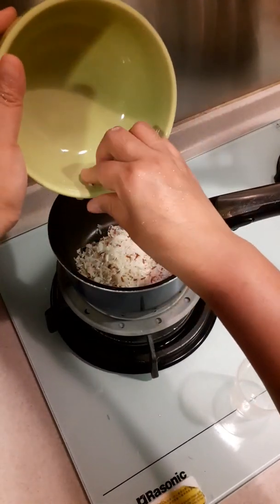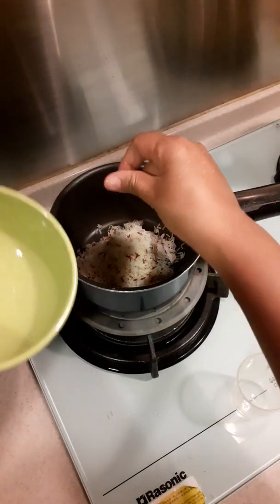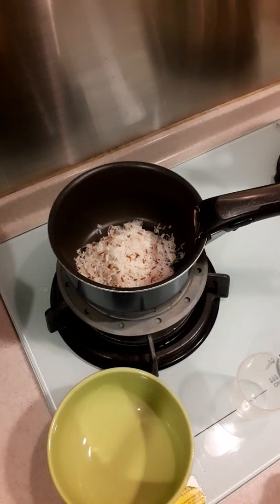And then you have to add water. Now, actually, different kinds of rice may need different amounts of water, but usually if you have put, say, 1 cup of rice, then you just put 1 cup of water. And then you taste it. If you think it is not enough water, then maybe next time you can add a bit more water when you cook it. But if you think that it is too moist, then next time you can just add